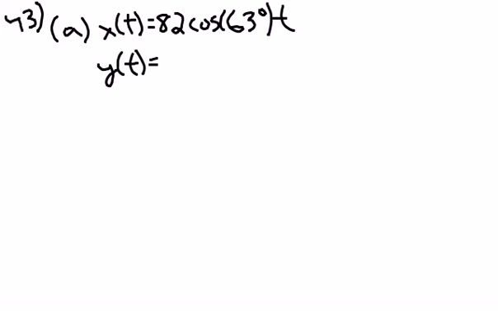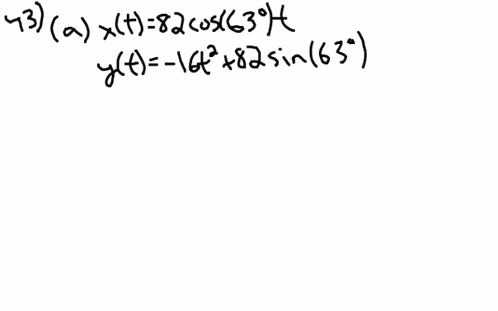So there's our x of t equation. Our y of t equation is going to be negative 16t squared plus 82 sine of 63, again, we're in degree mode, t, plus 2, because it says that the initial height is 2 feet, so it's not 0 anymore. This number will now actually be a number other than 0. So there's part A. Part B is, what is the position of the ball at t equals 1.5, so you plug in 1.5